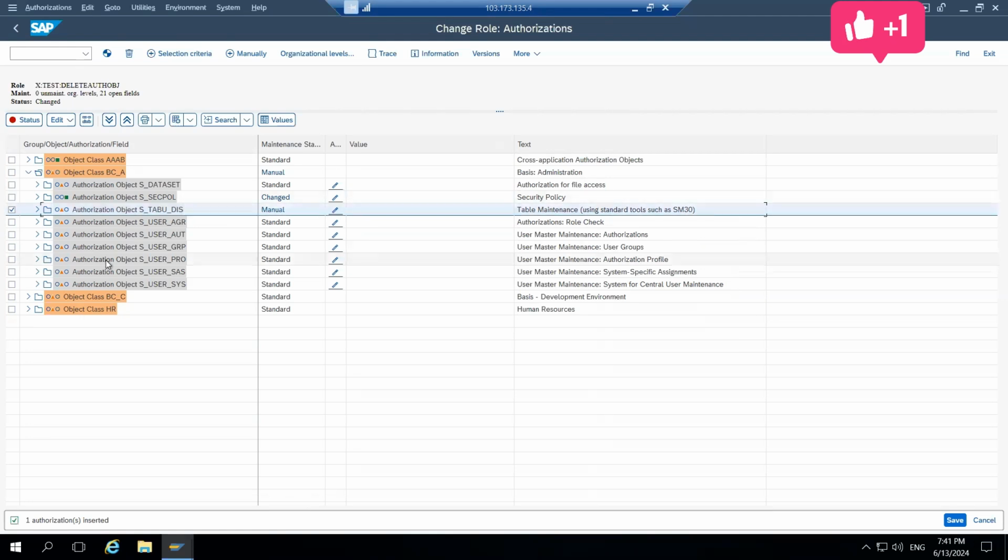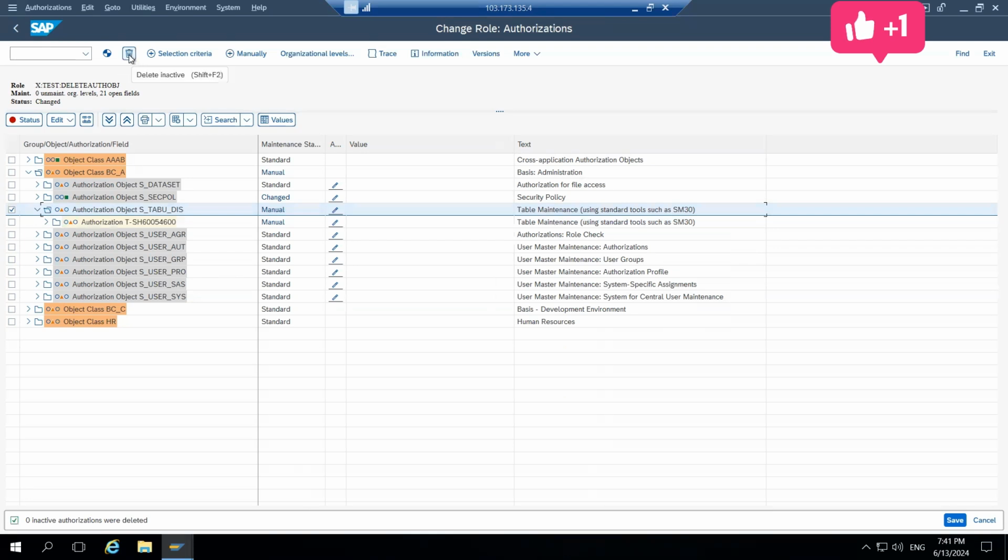Let's try to delete manual first. Delete. See, it is still there, right? It says delete inactive. It means there is a second condition to delete any auth object. First was that we can